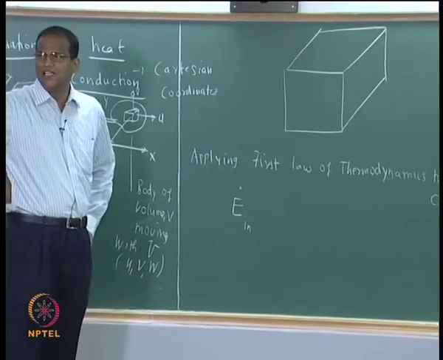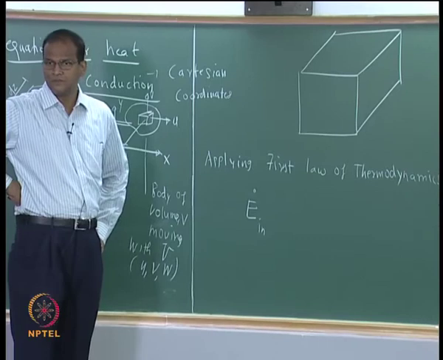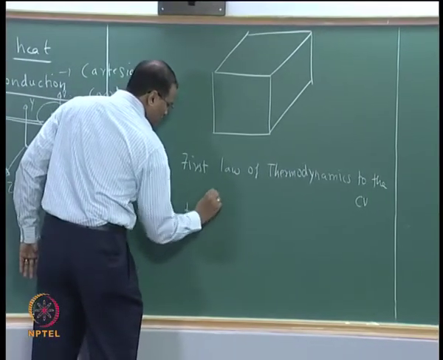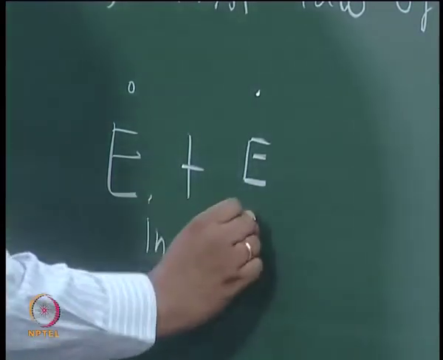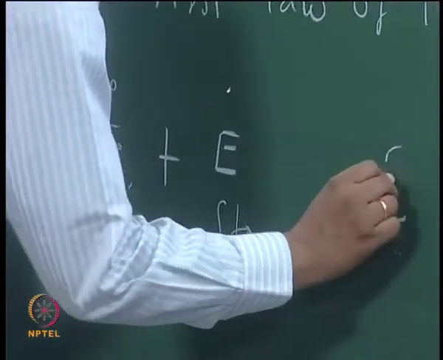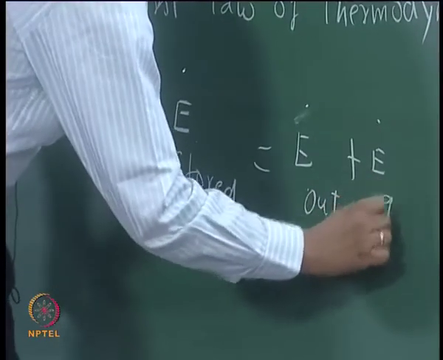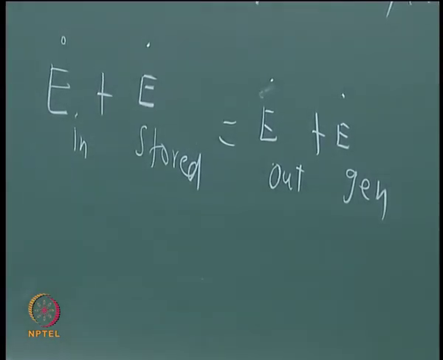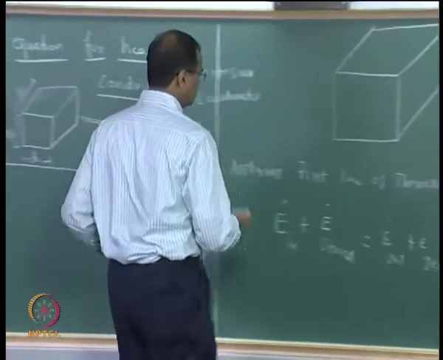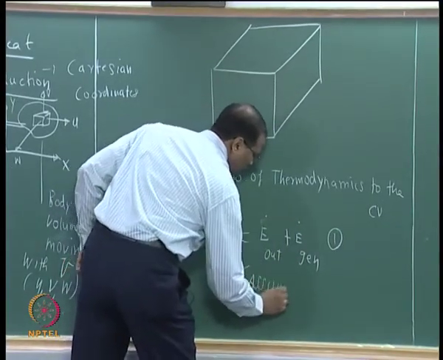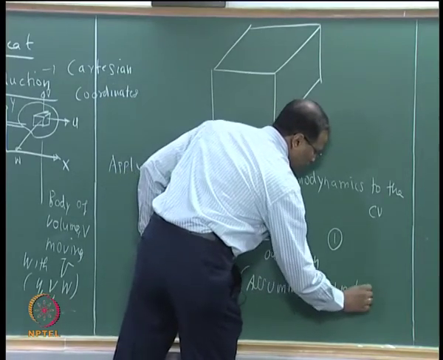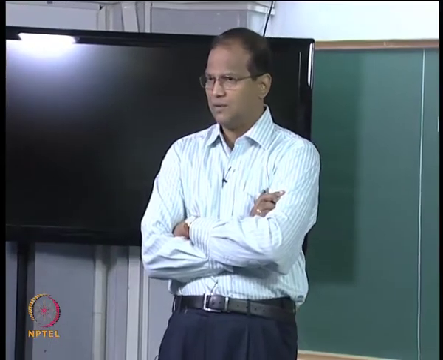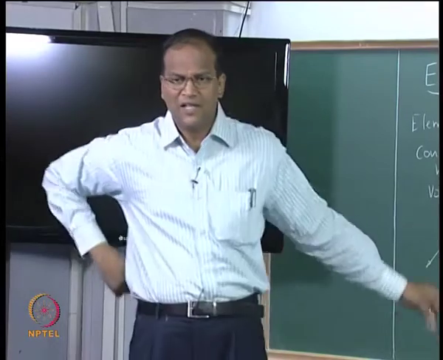So, E dot in, whatever the energy is coming in, plus... assuming there is no work done across the control volume, otherwise Q minus W is equal to delta E. I am considering only Q and delta E terms. Delta E is the change in the internal energy which is given by E dot stored,